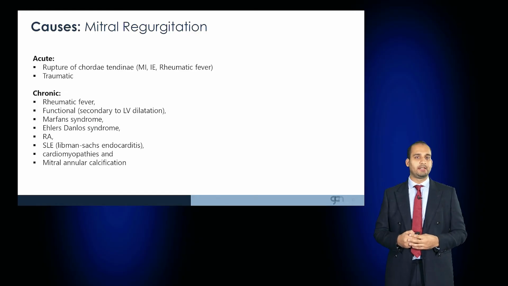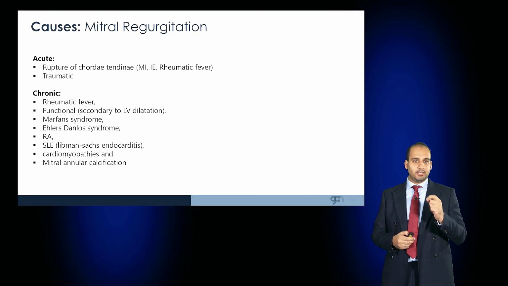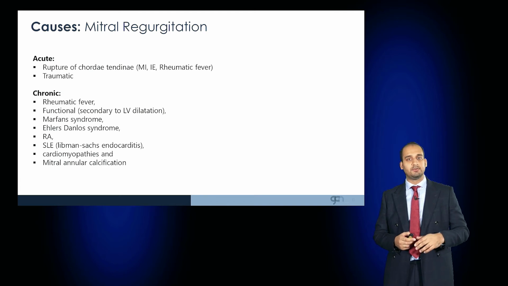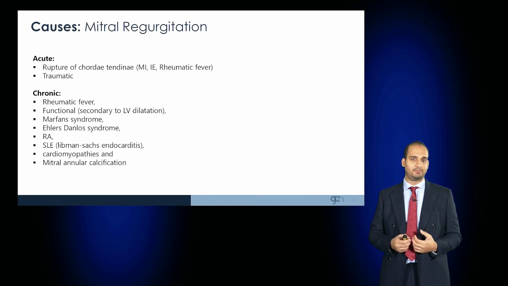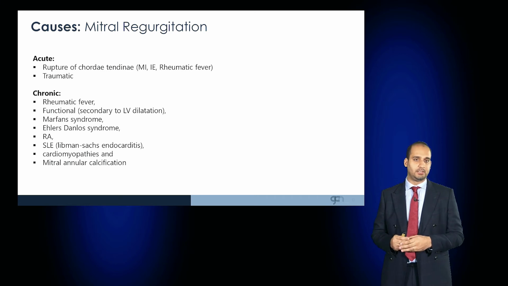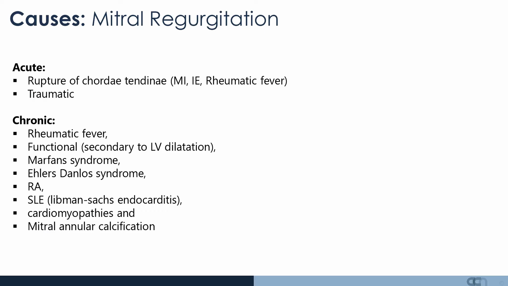What are the causes of mitral regurgitation? Acutely, the rupture of the chordae tendineae muscles as a result of myocardial infarction or advanced infective endocarditis or rheumatic fever would result in mitral regurgitation. Traumatic damage to the valve would also result in mitral regurgitation, but chronically, rheumatic fever or gradual left ventricular dilatation